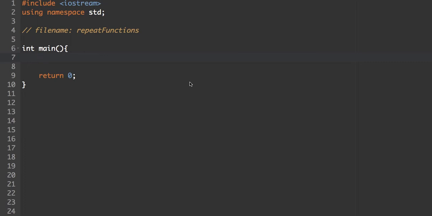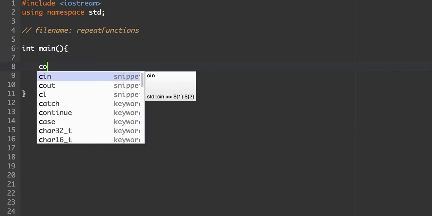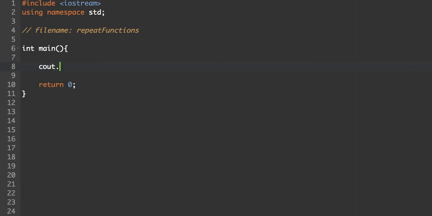So here we're going to put in our table beginning, so cout.setf ios colon colon left. Okay, and we're going to cout.width. I've already measured these out, so I'm not going to use constants, which is what I normally do to represent column widths. So we're going to do a 15 here. So cout.width 15,